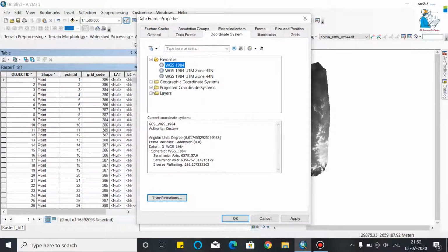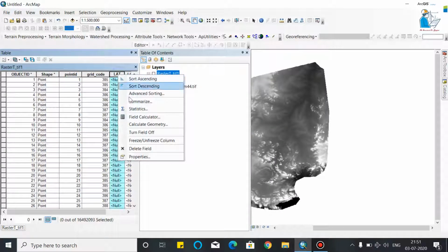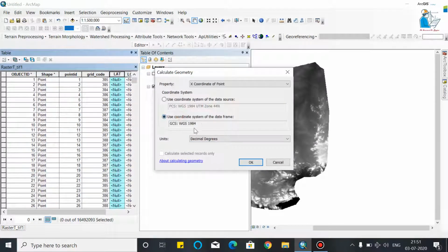I will select WGS 1984 and check whether it is available or not. This is the x coordinate, latitude, in decimal degrees.